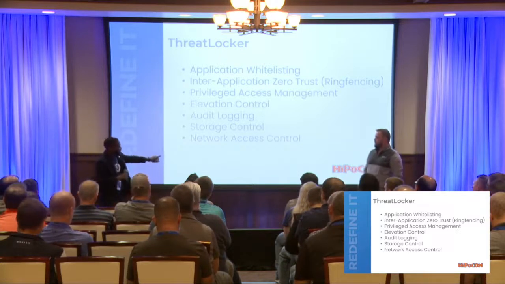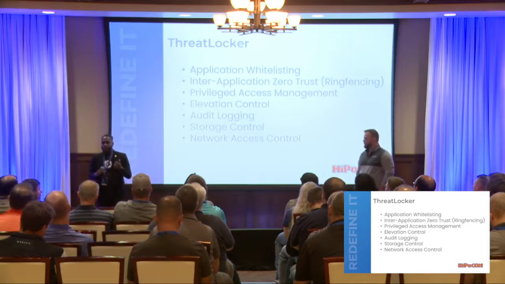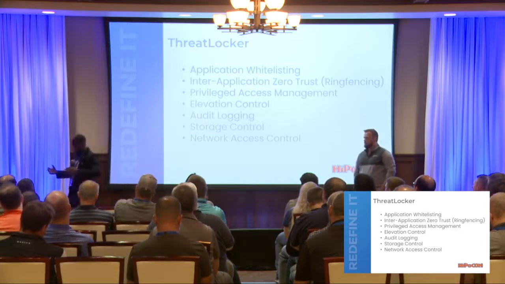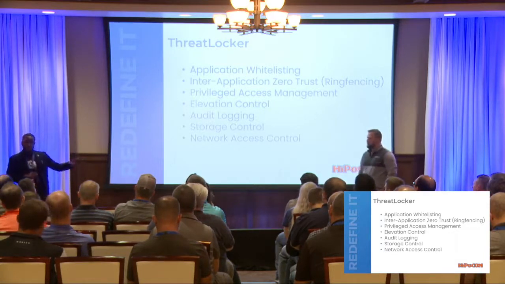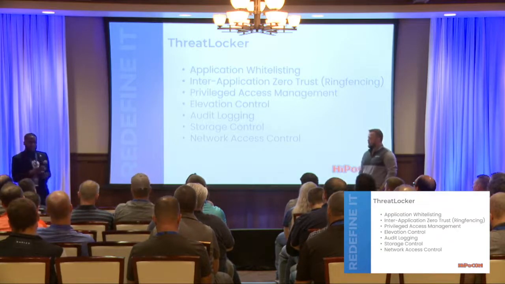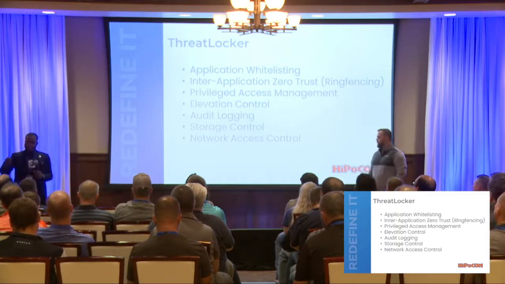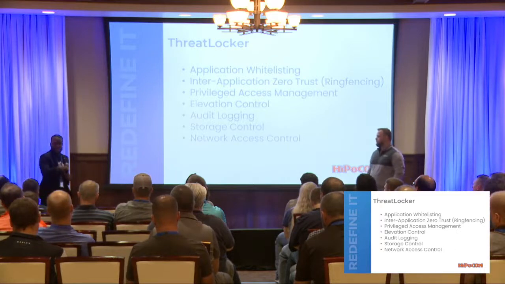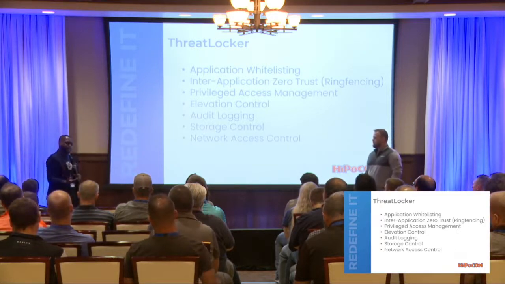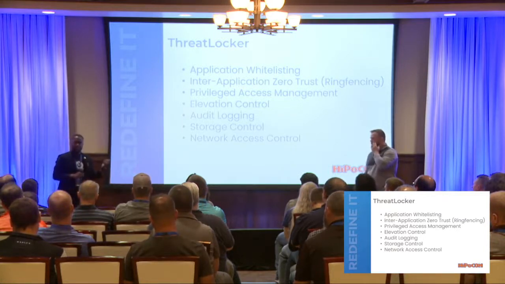So the last layer now, network access control. Keep in mind, we're endpoint based. What this allows us to do is give you firewall control over everything. So we're not saying get rid of your perimeter at all. We're looking to reinforce that. Think about the gaps your firewall right now opens up. You can determine what goes inbound, outbound, but east and west traffic? If you have two machines right next to each other, what can your firewall really do about RDPing from one of your endpoints to another server on your network?